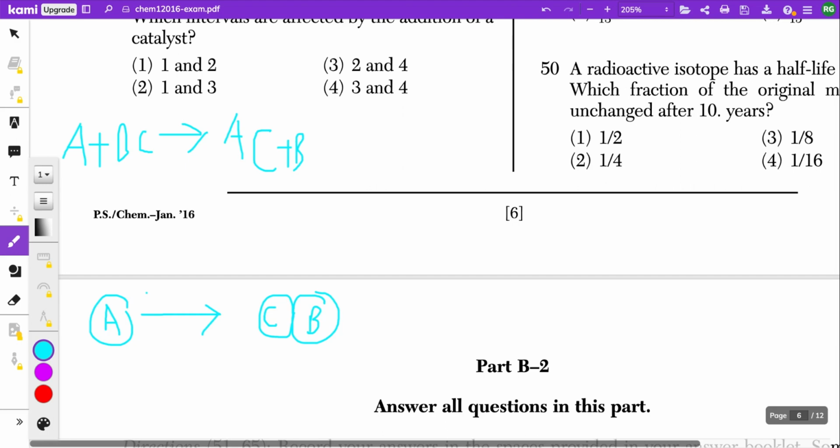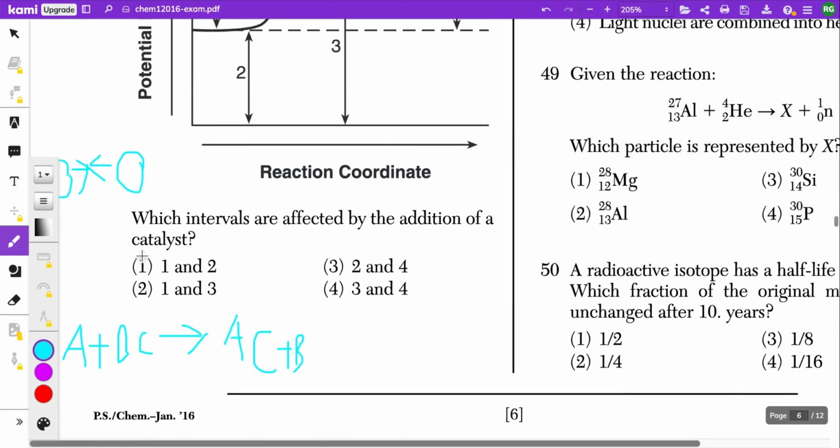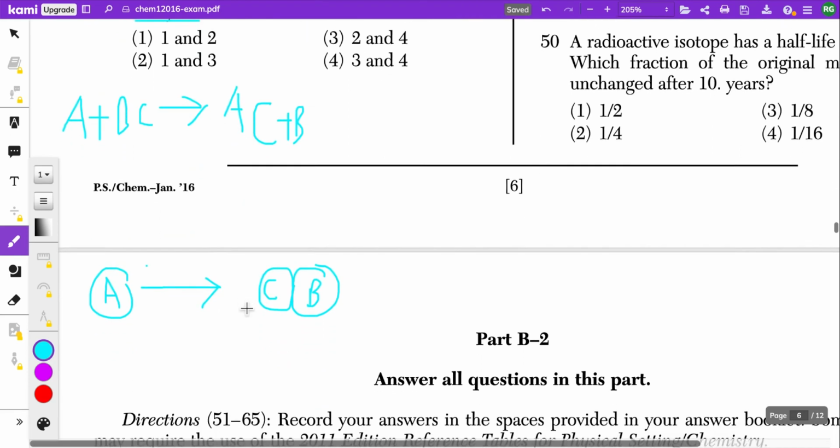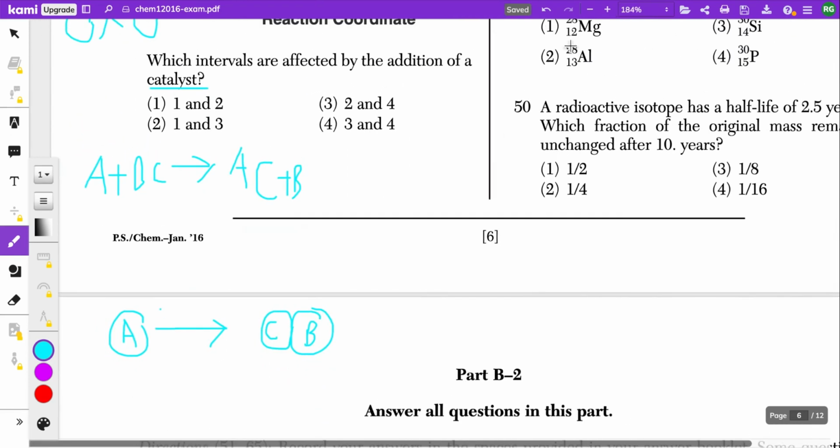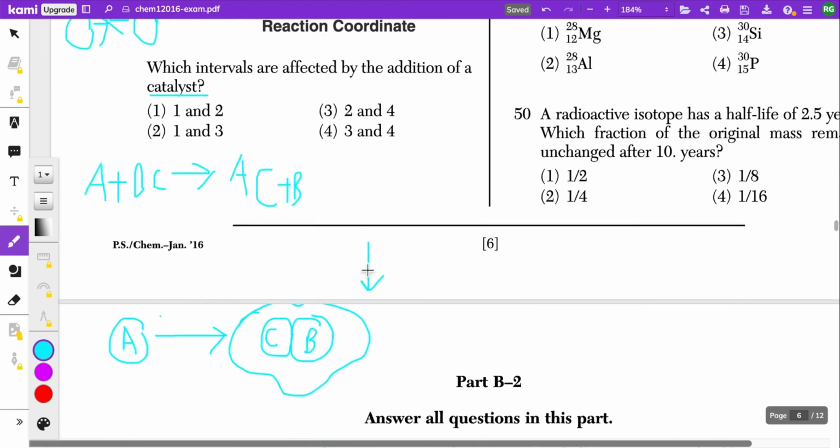Now, what a catalyst does, you might have learned this in biology, is speed up a chemical reaction, or increase the rate of a reaction. And it does this by, you can sort of think about it, arranging your particles, your molecules, in the correct orientation, and it lowers the amount of energy you need to initiate the reaction, which is also called the activation energy. So you're lowering the activation energy, and you're orienting the molecules in the correct